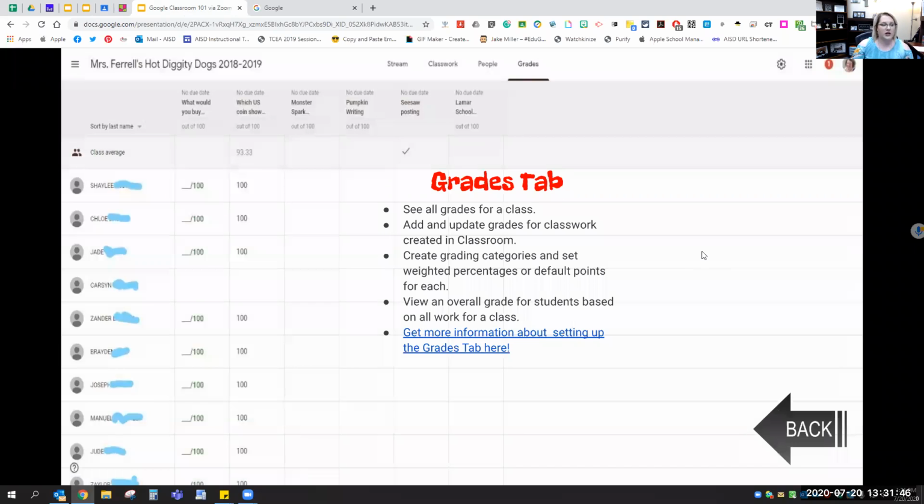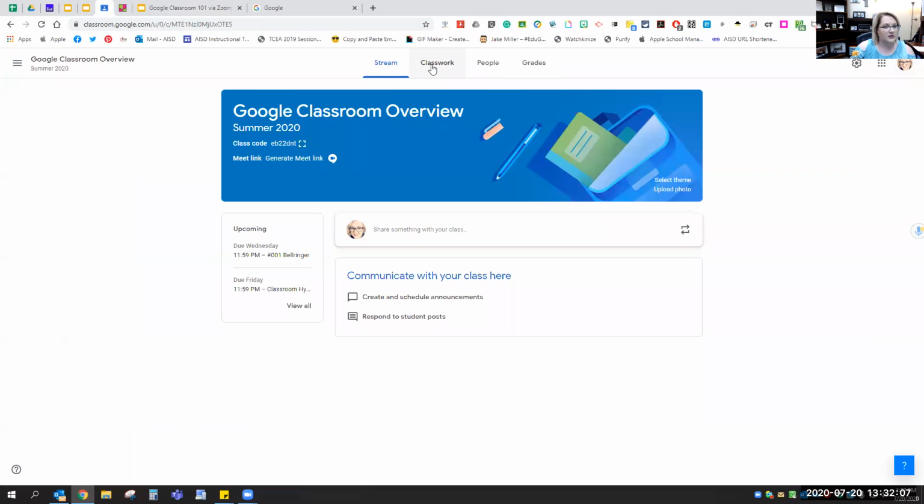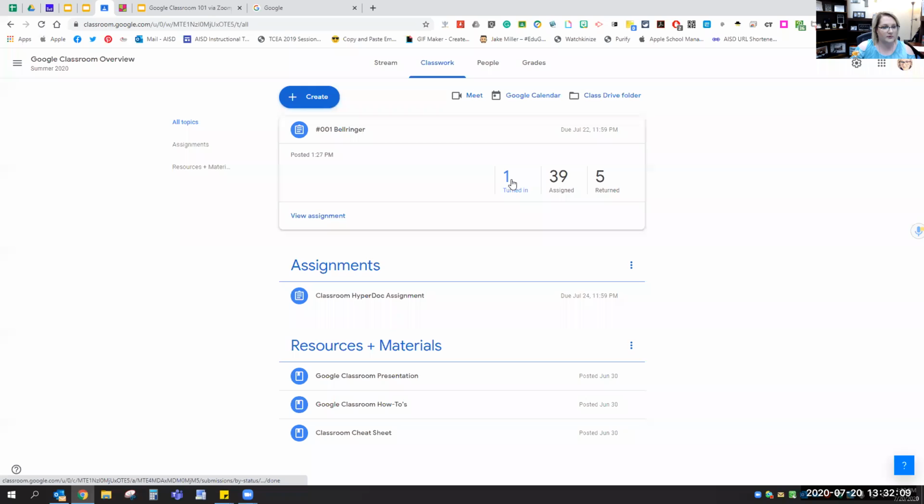When you start collecting grades, or if you set this up as a grade book, the teacher will be able to grade right from the grade book and enter grades that way. And you'll be able to see who has turned something in and who hasn't, all on one page. And then what I really love is when I'm working in classwork,